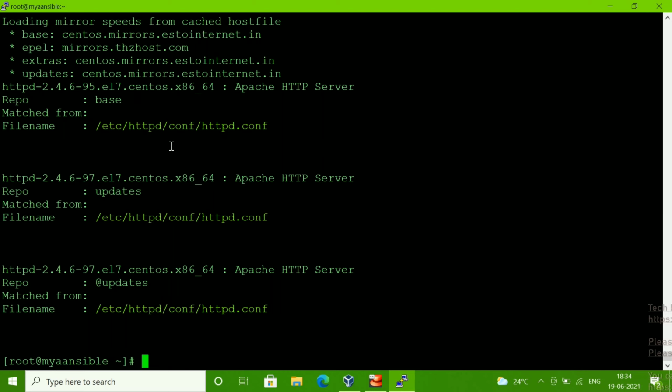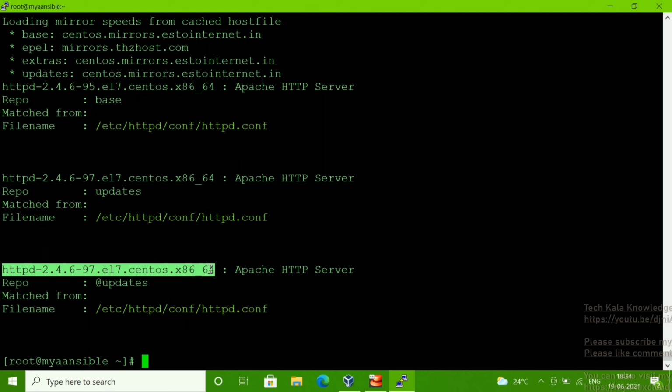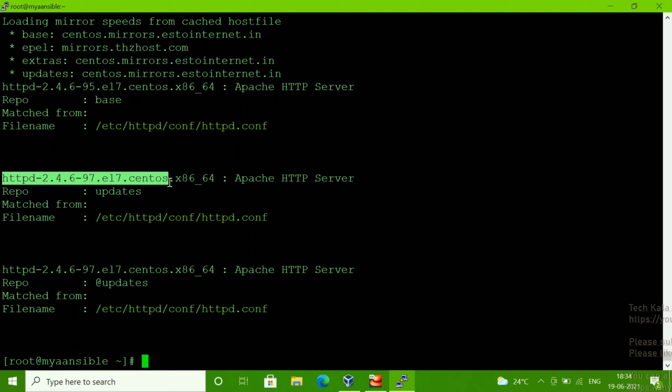you can see all this information is showing here, like the package information. So this way you can find which package a file belongs to through the provides function. Suppose you have a file name and you don't know how to check where it is coming from, then you can use the provides function through the yum command.